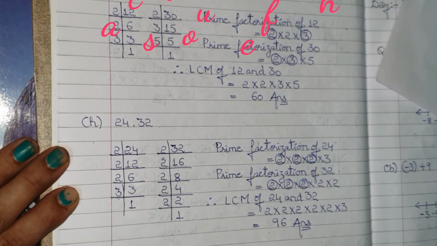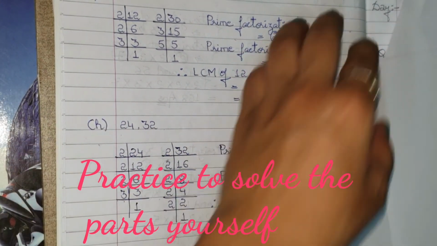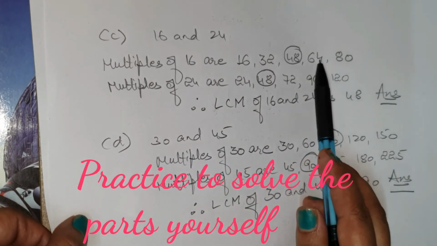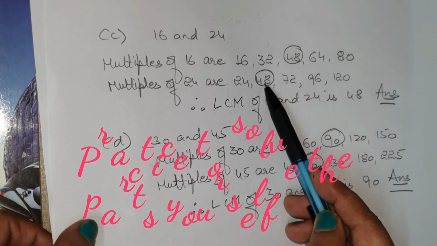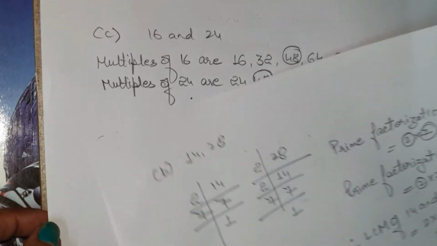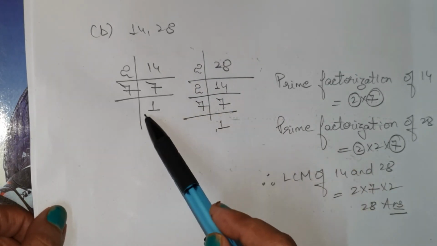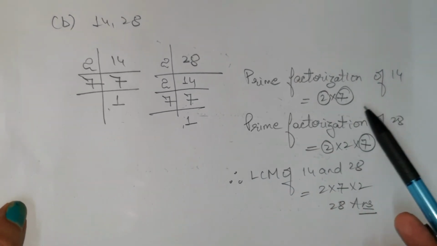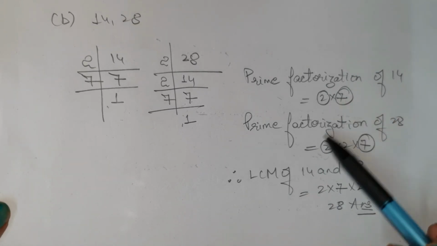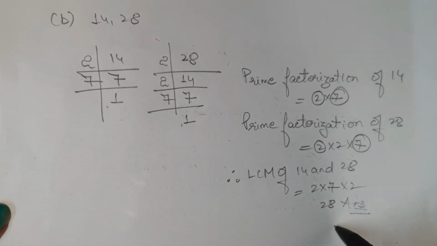So like this you have to find LCM by two methods. This was the listing the multiples method where I told you to write the multiples till 5 firstly, and then take the common multiple, the least common multiple, to find the answer of LCM. And the next one is the prime factorization method, where firstly you have to find the prime factorization of both the given numbers, and then you have to write the prime factorization, take the common values and the uncommon also. In LCM you have to take the common values once and the uncommon as well, then multiply, and then you will get the answer.